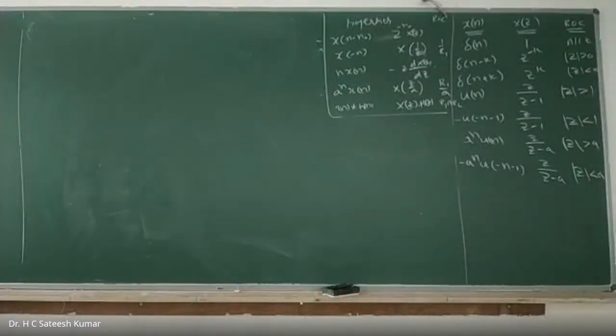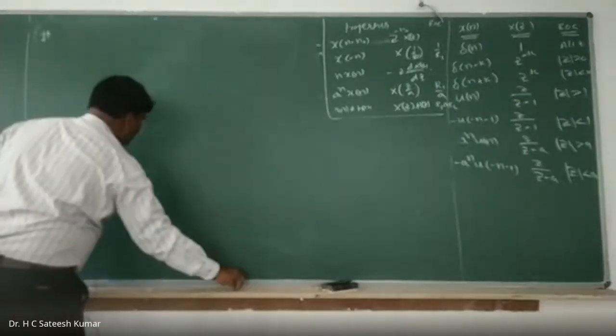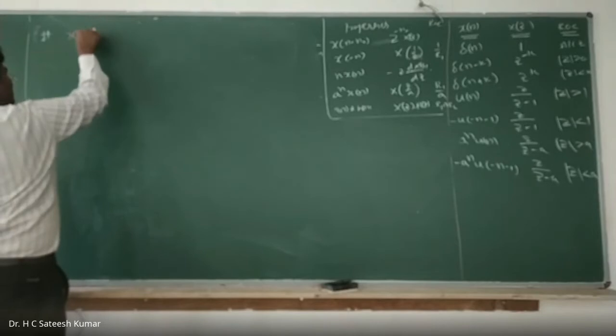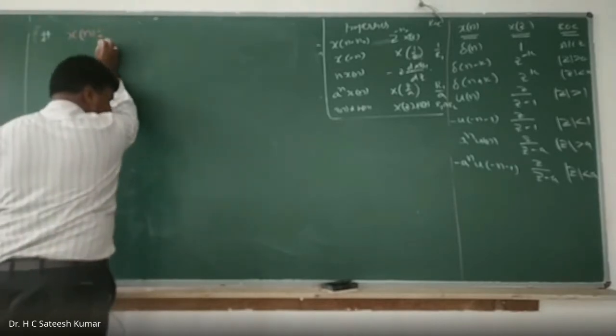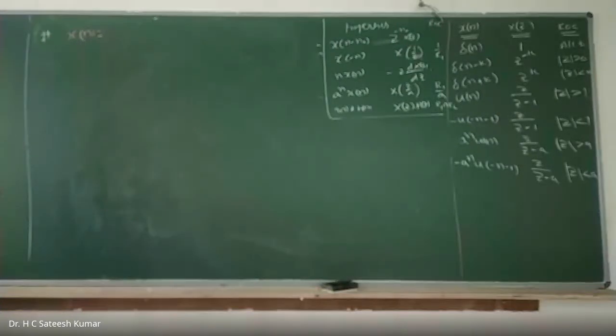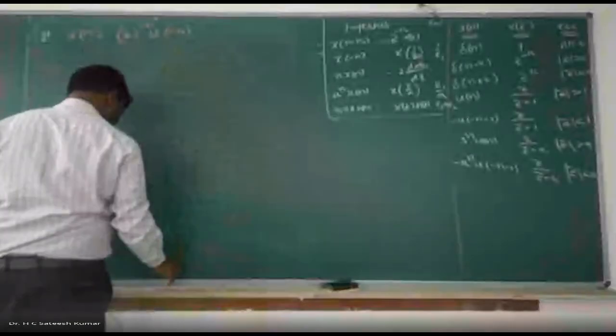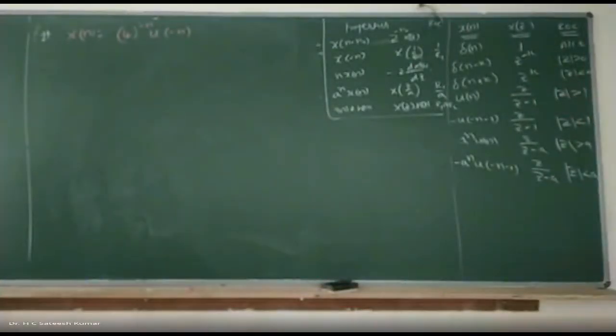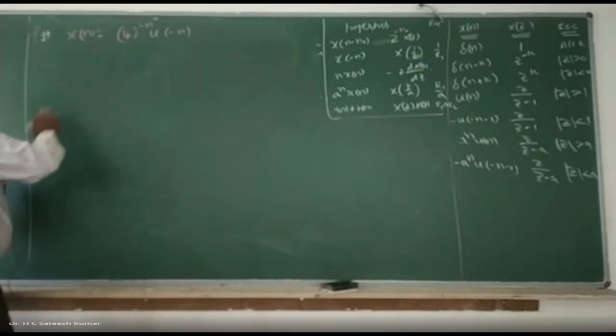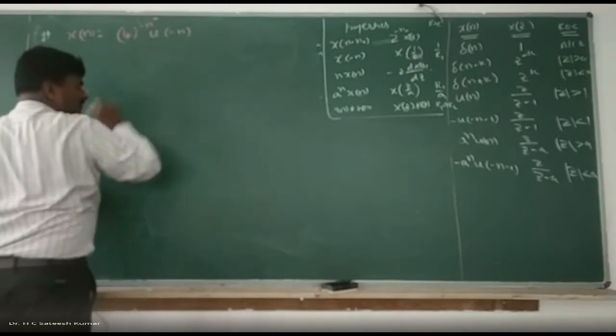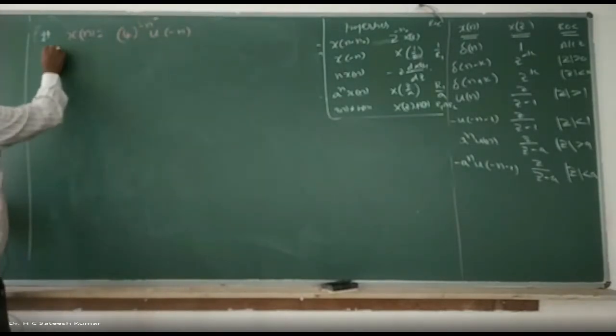Find the Z transformation of x of n is equal to 4 to the power of minus n into u of minus n. Go for substitution; you should remember substitution. This is of the form a power n into u of n. So therefore, let x1 of n is equal to